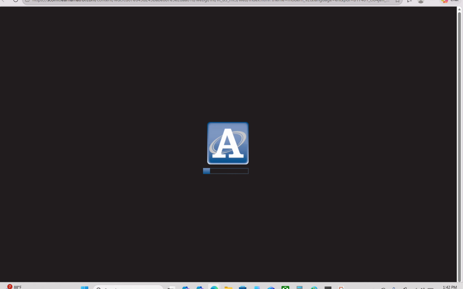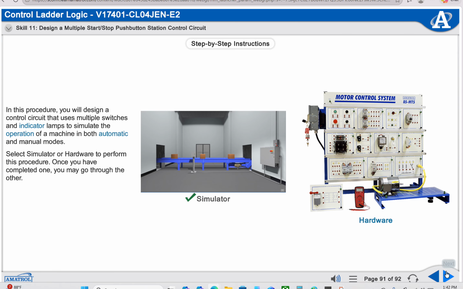In this procedure, you will design a control circuit that uses multiple switches and indicator lamps to simulate the operation of a machine in both automatic and manual modes. Select Simulator or Hardware to perform